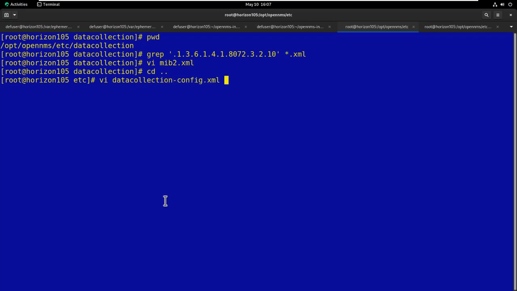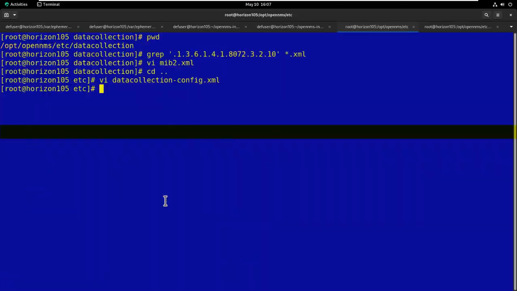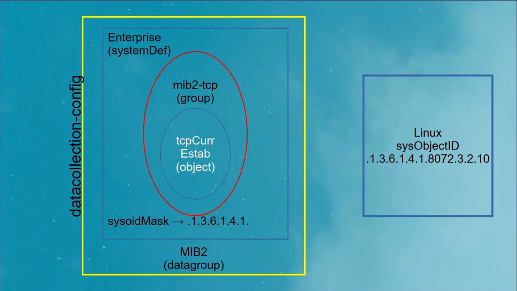Edit datacollection-config.xml. The data collection group mib2 is included in this file. And this is how an object such as tcpCurrEstab is included in OpenNMS SNMP collections. To recap the collection of the metric tcpCurrEstab: tcpCurrEstab is one of 10 objects in the mib2-tcp group. mib2-tcp is one of 3 groups in the enterprise system definition, which collects all the object metrics in the groups it contains